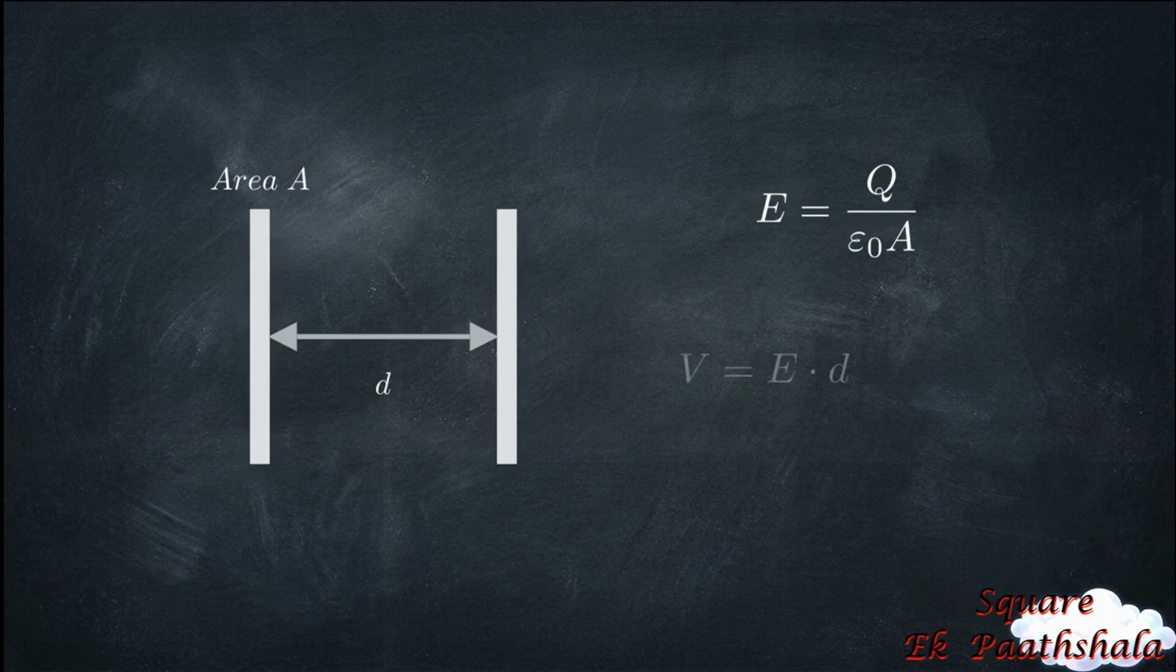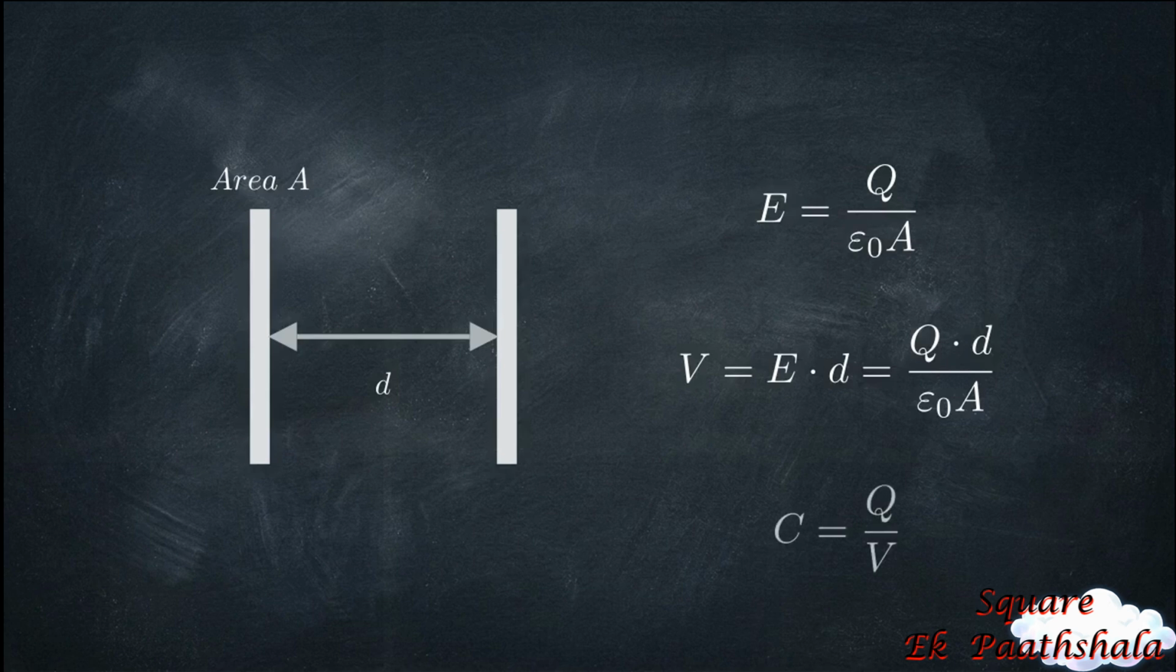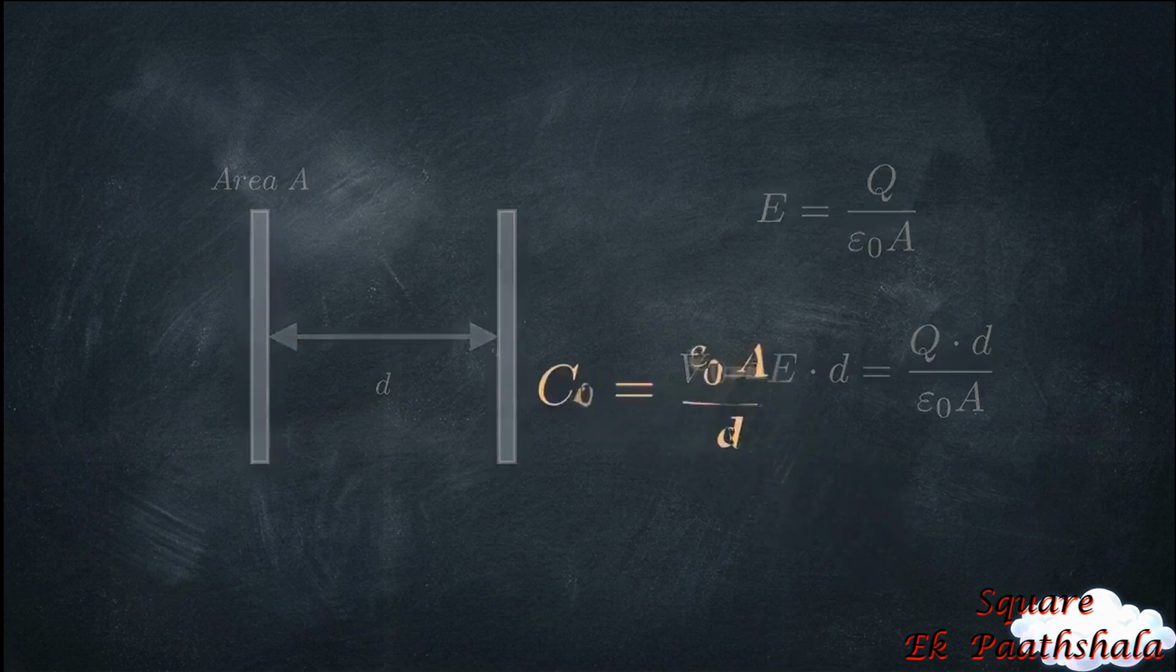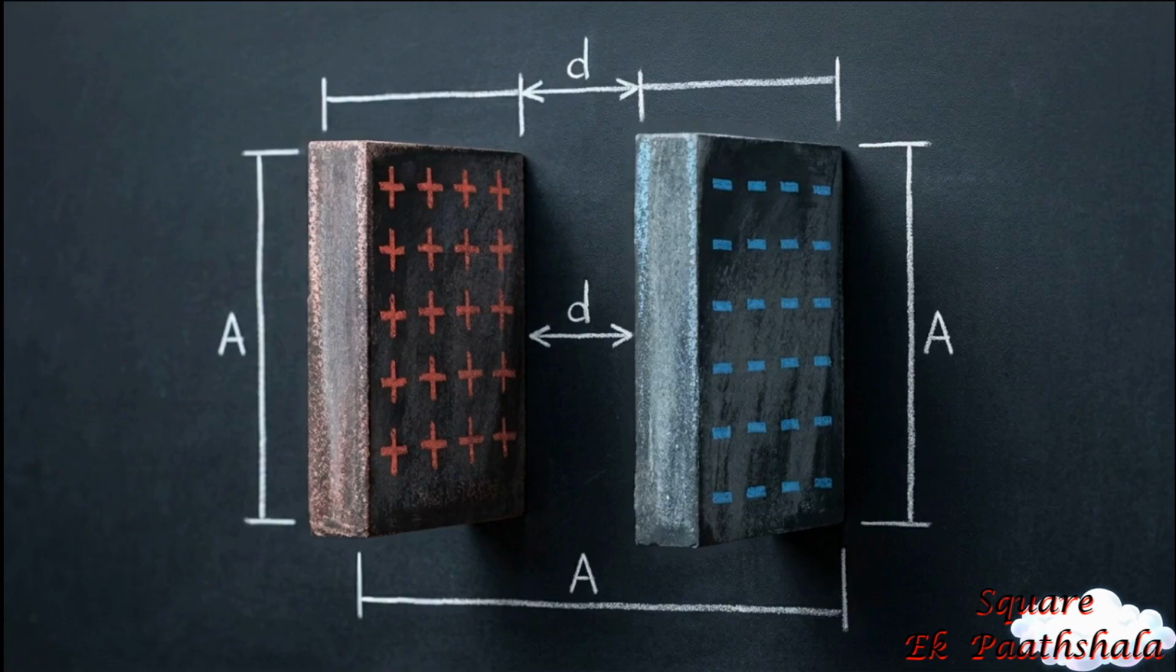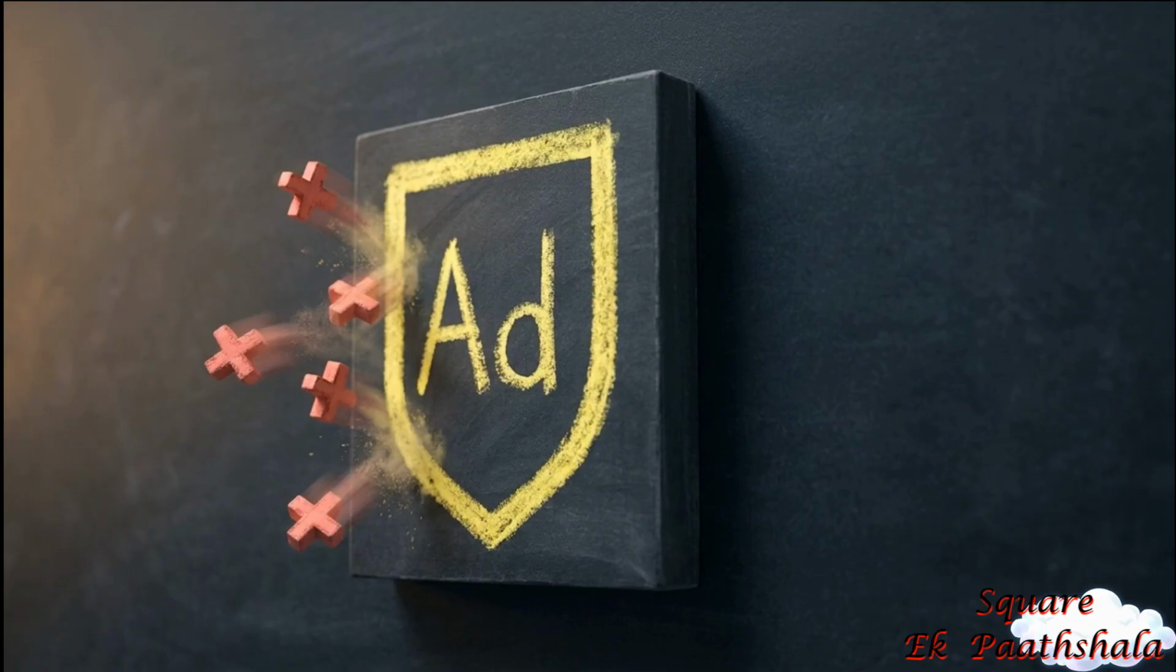For parallel plates in a vacuum, we convert the electric field to potential by multiplying by distance, yielding a final capacitance of epsilon0 times area divided by distance. Look at that final formula. Capacitance is a purely architectural property. It is determined exclusively by plate area and separation distance, entirely immune to the amount of charge applied to the